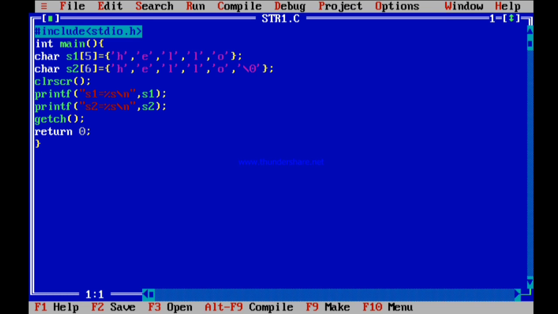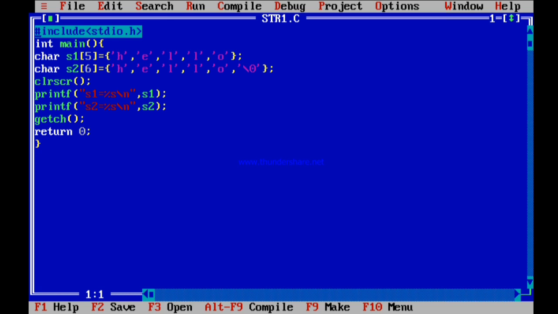So now we'll see how to execute all string handling functions, how to write simple programs for each and every string handling function. And from the beginning I'll show how to create this string. So what happens if I didn't initialize a string to \0 when I am assigning each and every character. Okay, so I'll show each and every program. I have written almost every program for every string handling function. Now we'll see the program execution one by one.